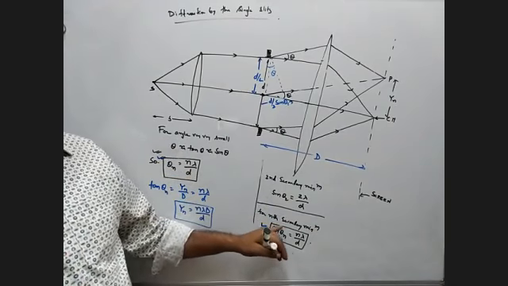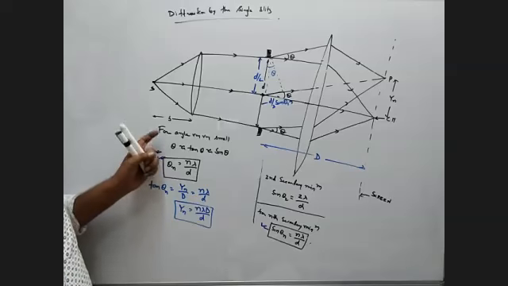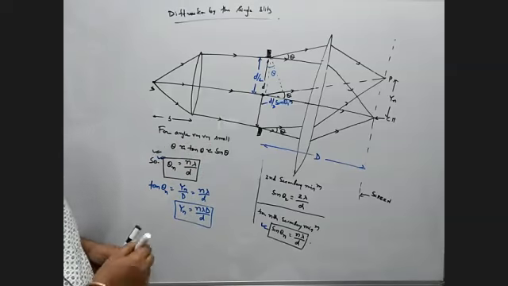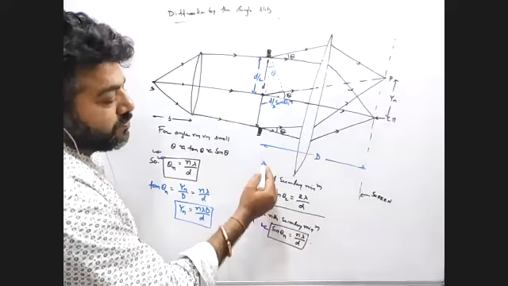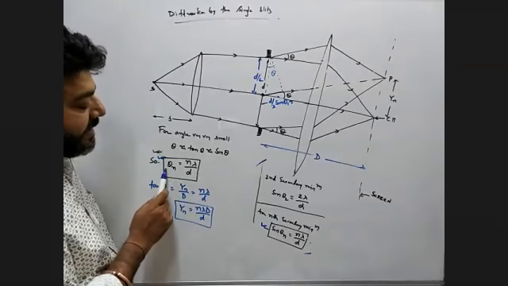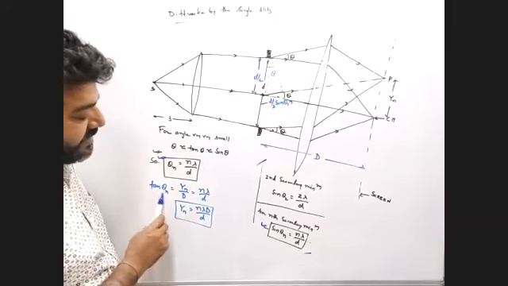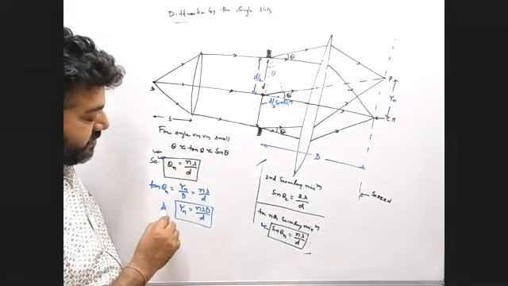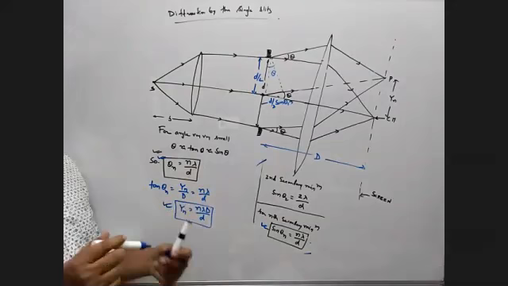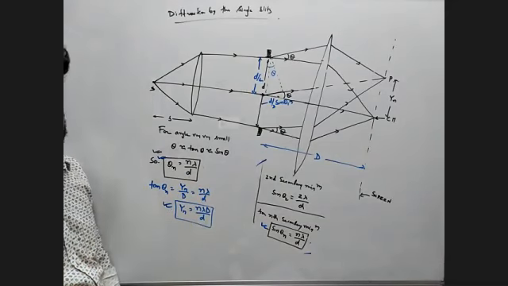theta for a secondary minimum, sine theta n is n lambda by d, for angle is very small. This is the first one. Earlier we had cut this a little. This is for angle theta, n lambda by d, and as the angle is very small, tan theta is yn by d. So yn is this. At least note down these three. Is it clear? Everyone?